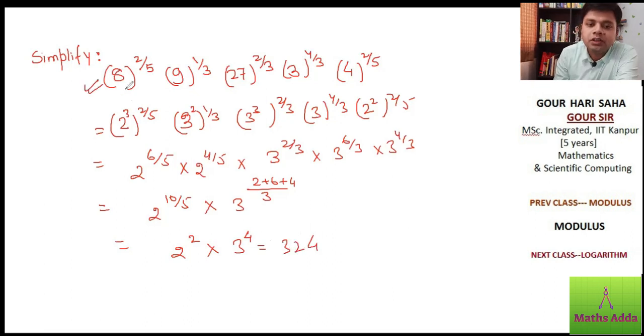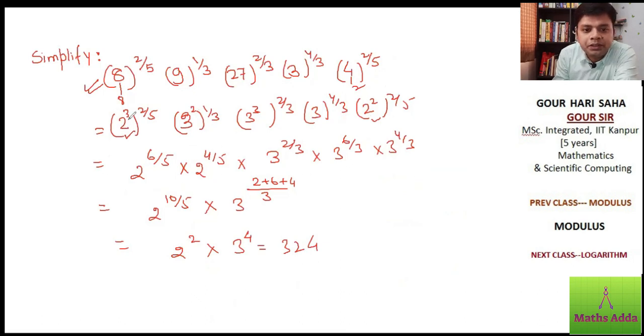How do we solve it? I see here base 8 and here base 4, so convert both to base 2. So it is 2 cube and it is 2 square. Similarly, I see 9, 27, 3. Convert all the things to the same base, base 3. Now we can apply the formula. All converted to base 3, I can apply the formula.